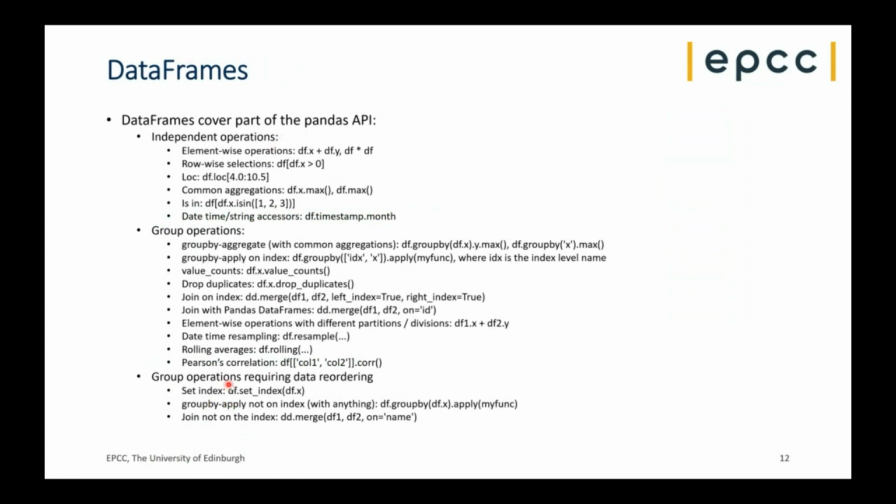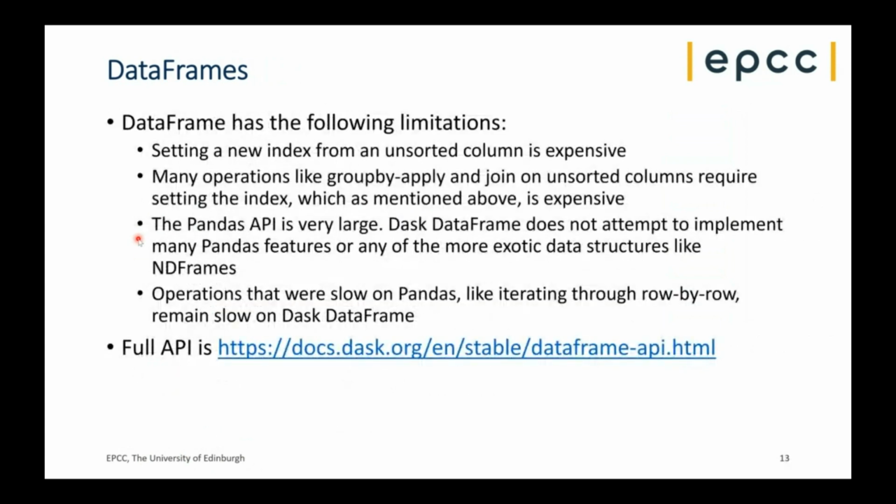It will support independent operations such as element-wise operations, selections, aggregators, some group operations, and some group by stuff which requires data reordering. But it won't support everything. It doesn't support the full Pandas API, and it doesn't support